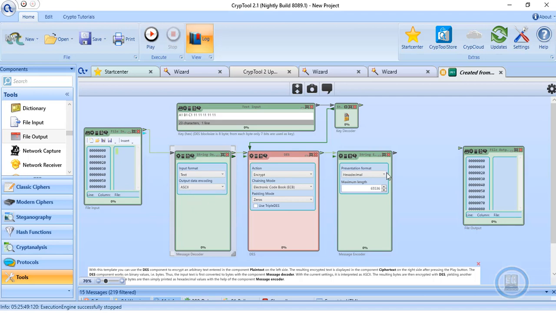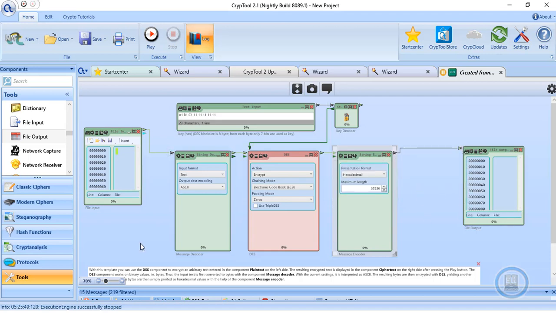For the output purpose, it is also showing what kind of output you want. You want the text file, you want the text in the binary format, you want to use octal, decimal, hexadecimal, or base 64. So for the output purpose, we are using hexadecimal values. So it will generate the code in the format of the hexadecimal. There is no problem what kind of format you want to choose. Just click here and connect to the output file.